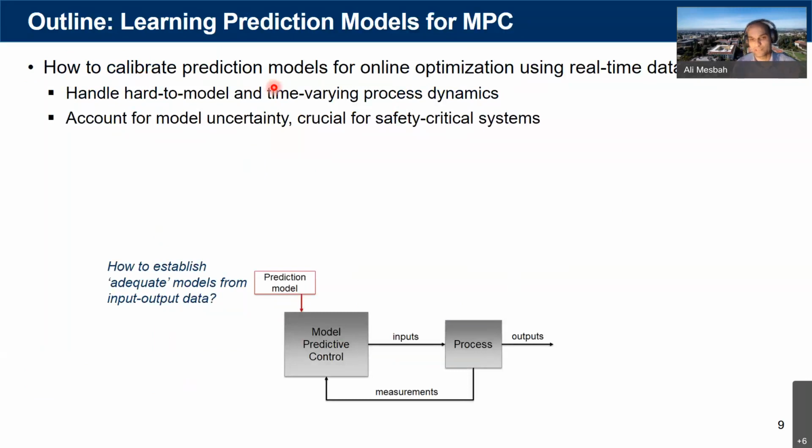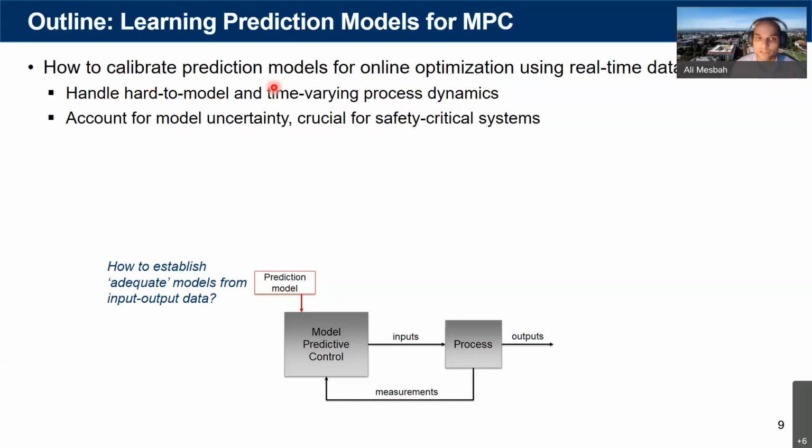And the point is, as the name implies, model predictive control relies on a model. And many practical complex technical systems are hard to model, right? And they have time-varying dynamics that cannot be really modeled upfront using offline data. And the question is how we can learn these systems on the fly as we operate and as we control the system, how we can learn the hard-to-model dynamics and accordingly adapt the models.